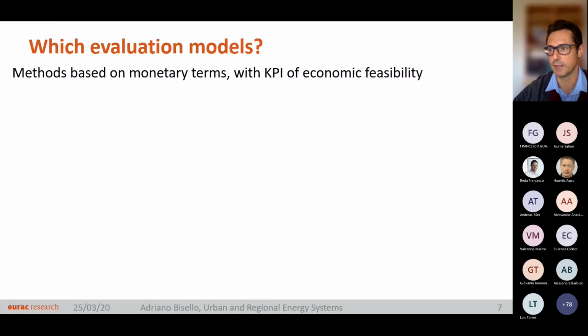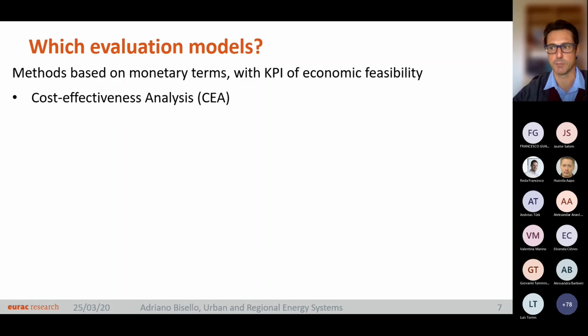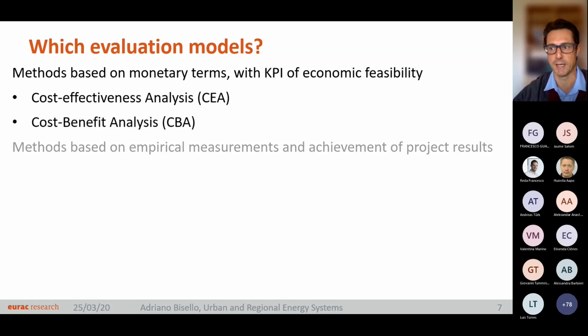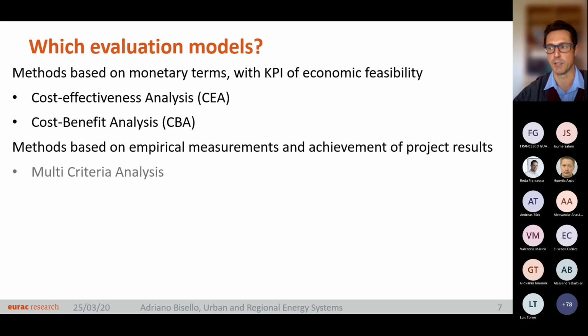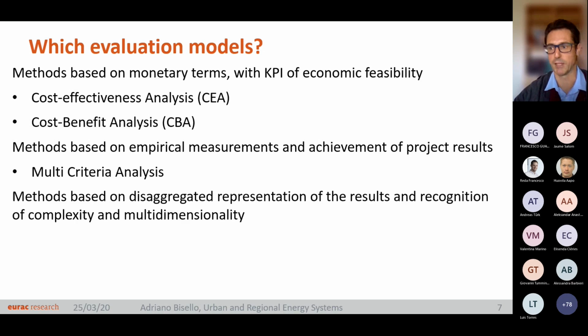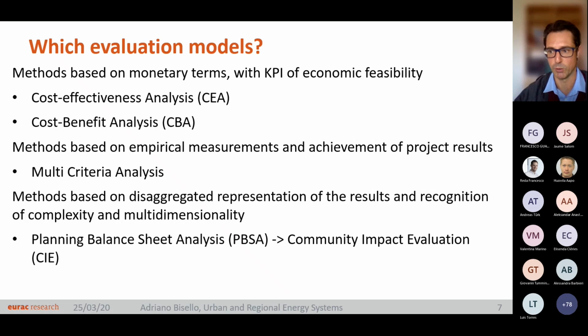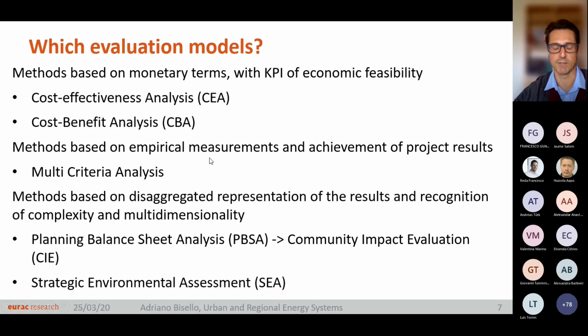And then we have different methods based primarily on monetary terms, like cost-effectiveness analysis and cost-benefit analysis; methods based on empirical measurements and achievement of project results, like multi-criteria; and also methods based on disaggregation of the results, trying to recognize the complexity and multidimensionality of the situation, like the quite old planning balance sheet analysis, the community impact evaluation, and strategic environmental assessment,